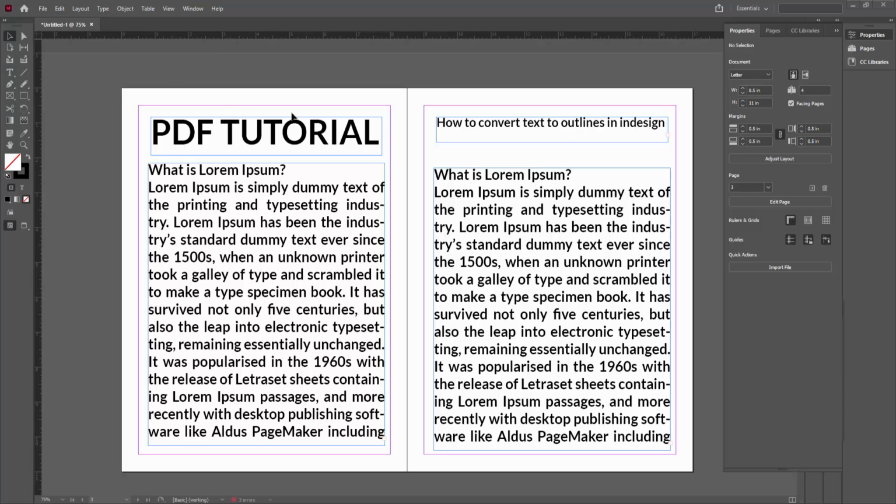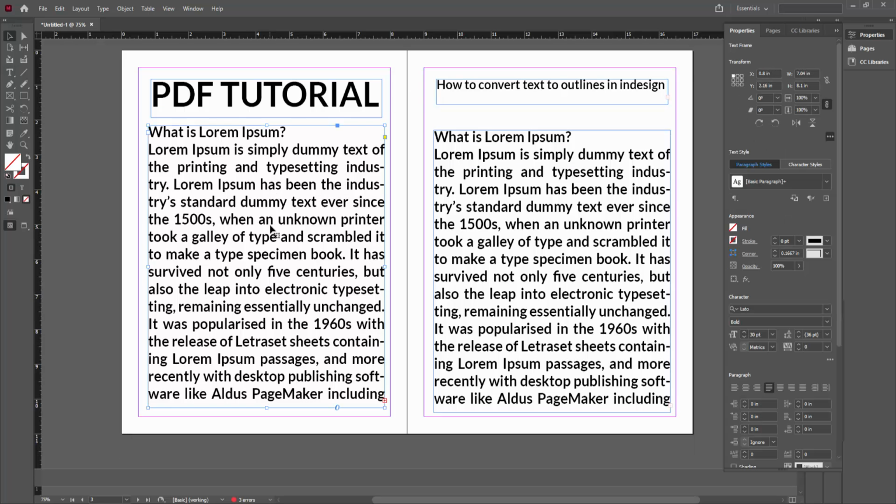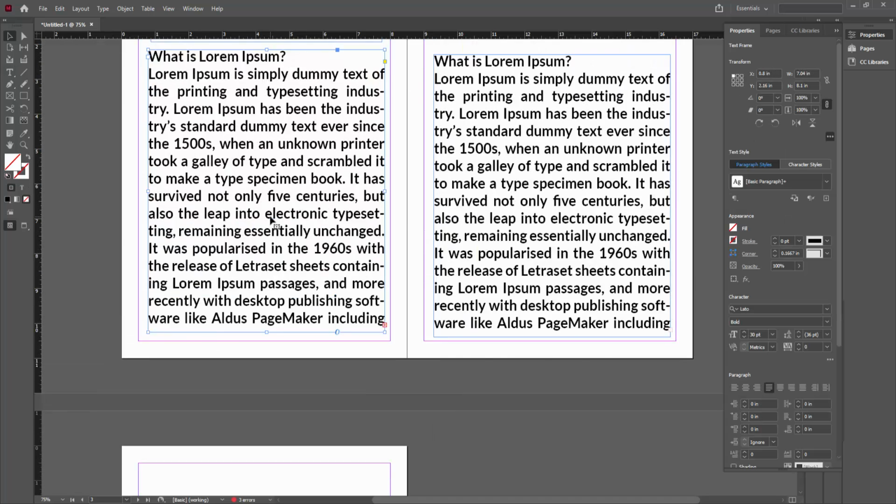In this video, I am going to show you how to convert text to outline in InDesign. Let's get started. At first, open your Adobe InDesign software. Then open your document. Now I've already opened my document. Then firstly, select the text box and